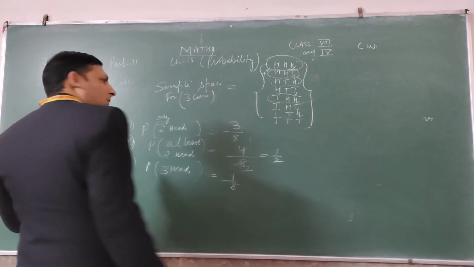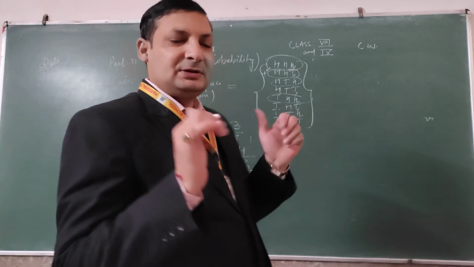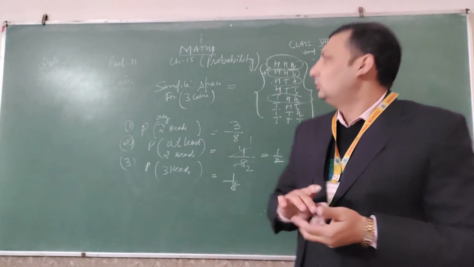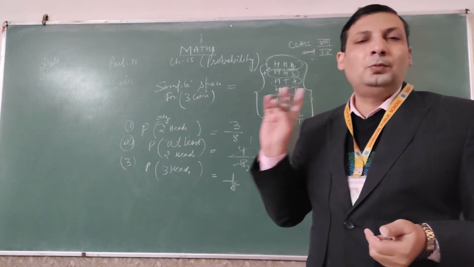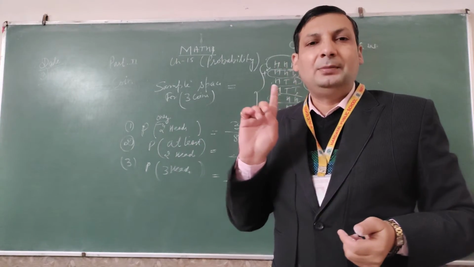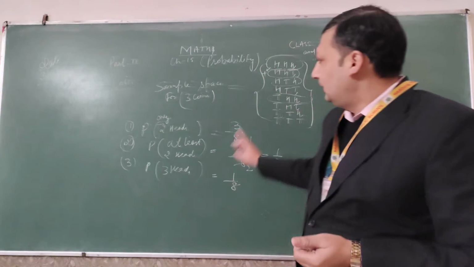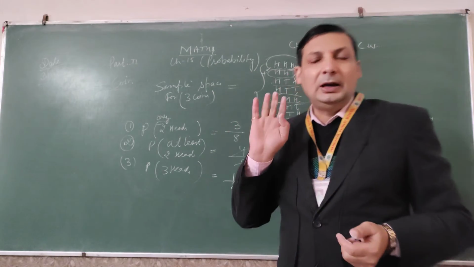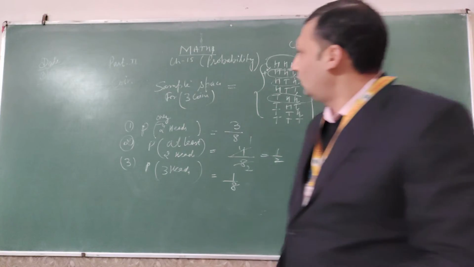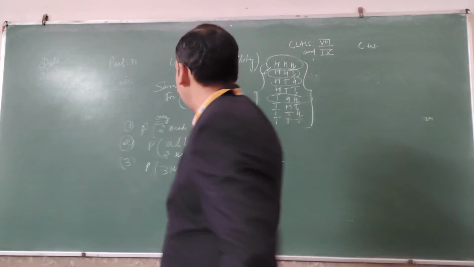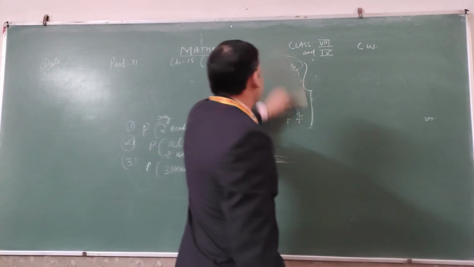So dear students, what have we done till now? We have discussed questions, we have discussed basic things of coin only. What we have studied here: when we tossed 1 coin, 2 possible outcomes came. When we tossed 2 coins, we got 4 possible outcomes. When we tossed 3 coins, we got 8 possible outcomes. Similarly, we can find other outcomes also. Now we will take a different topic, that is the topic of dice.